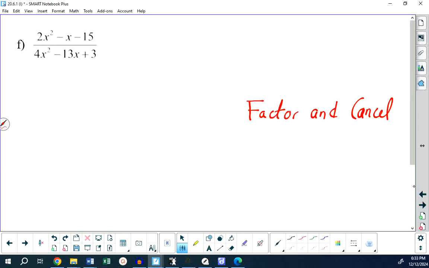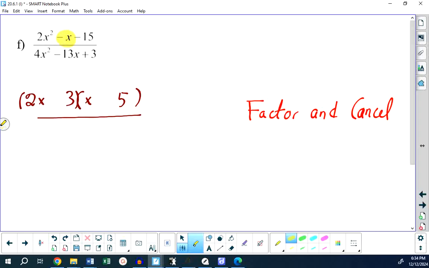These two rational expressions, these two polynomials, are a little more complicated because of the leading coefficient not being 1. We have to go back to trial and error. Factoring a quadratic that starts with 2x squared must mean one of the binomial factors contains 2x and the other x. I'm guessing that the two numbers will be 5 and 3, and it's a matter of playing around with them. I think if you put 5 here and 3 here, you see very quickly that our target of